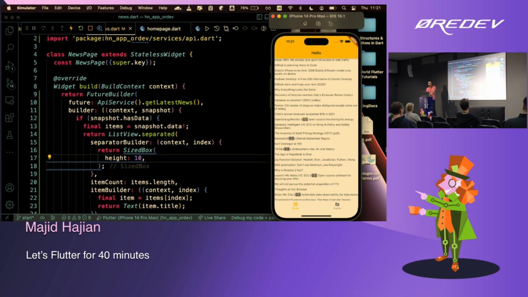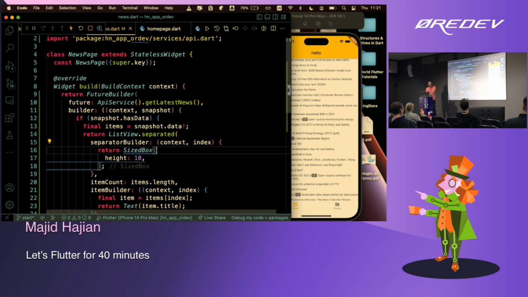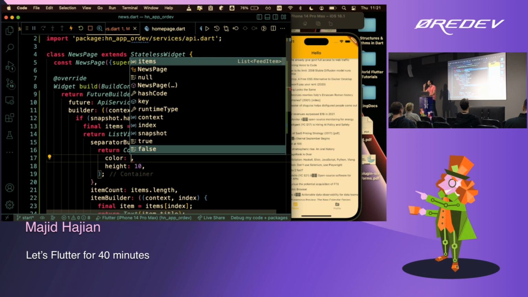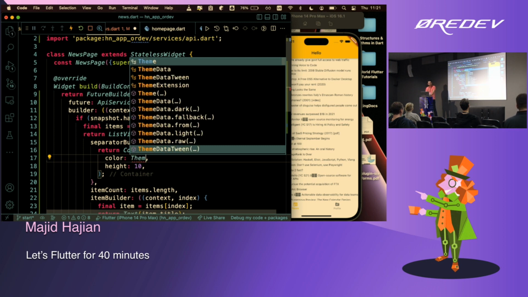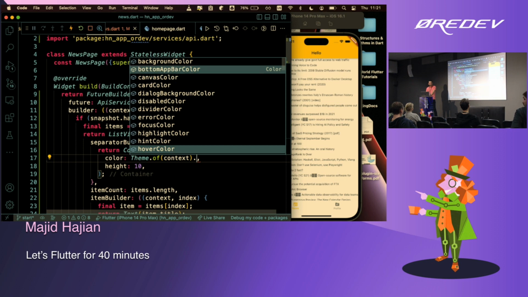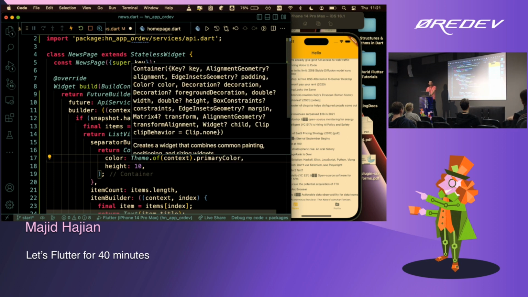But here is the thing. Because I want to give that a color, and I don't think SizedBox actually accepts a color. No, it doesn't. But I change this to Container, and I give it a color. I get my color from theme, because I can give it a color like green, but it stays green forever. If you change the theme color, it's not going to change it here. So the way you get that from theme, you say Theme.of(context), which means get it from the tree. This is kind of like dependency injection. Get it from there, and there will be some colors, primary color.